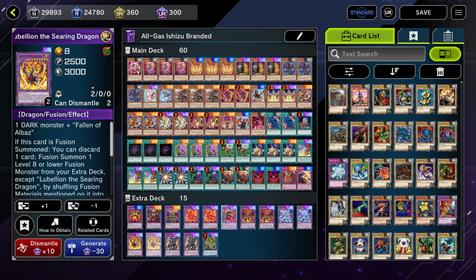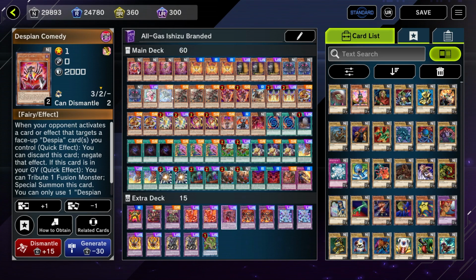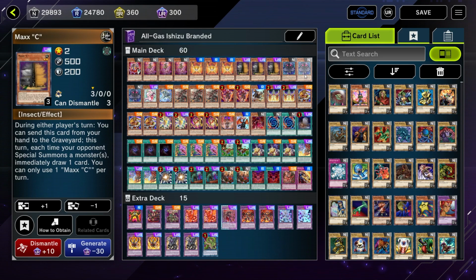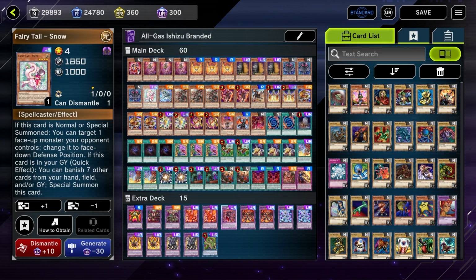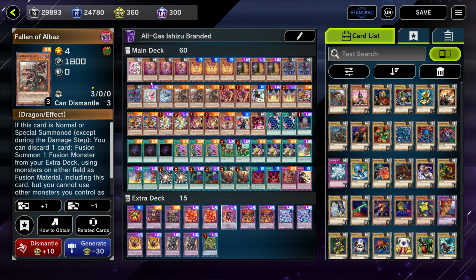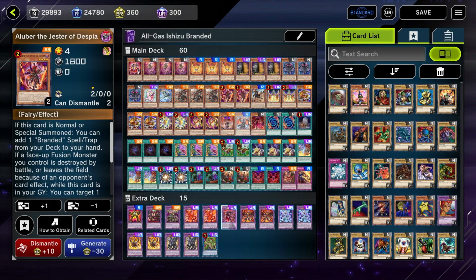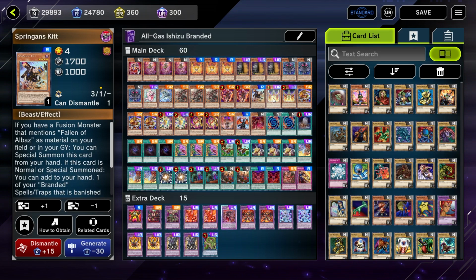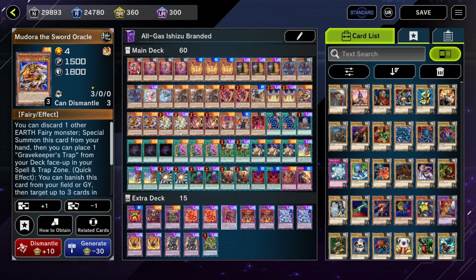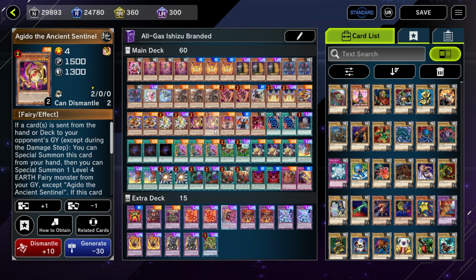Now let's break the build down card by card and then look at some gameplay. So we're playing 1 Despian Comedy, 3 Despian Tragedy, 3 Herald of Orange Light, 3 Maxx "C", 3 Edge Imp Chain, 1 Fairy Tale Snow, 1 Keeper of Dragon Magic, 3 Fallen of Albaz, 2 Aluber the Jester of Despia, 1 Springans Kitt, 2 Keldo the Sacred Protector, 3 Mudora the Sword Oracle, 2 Kelbek the Ancient Vanguard, 2 Agido the